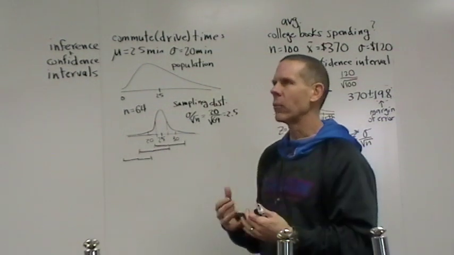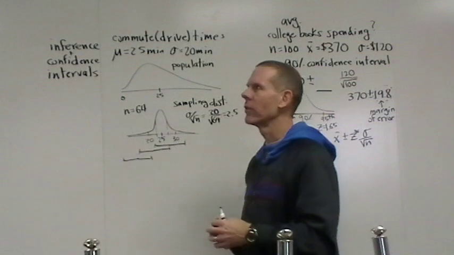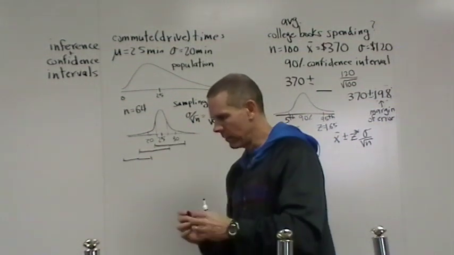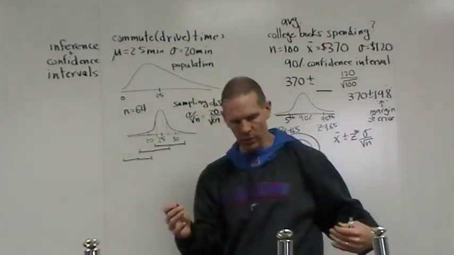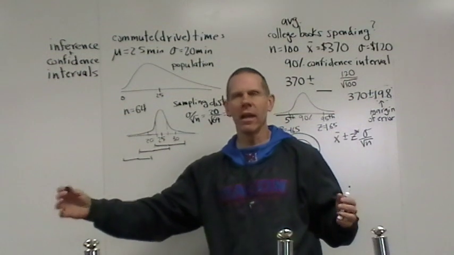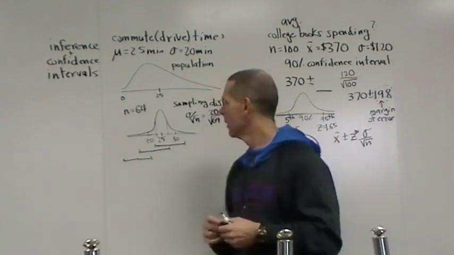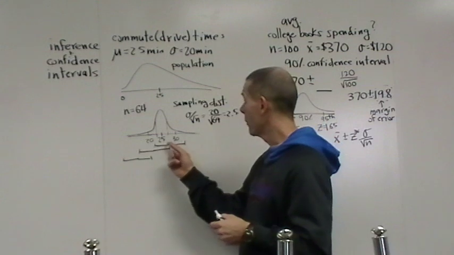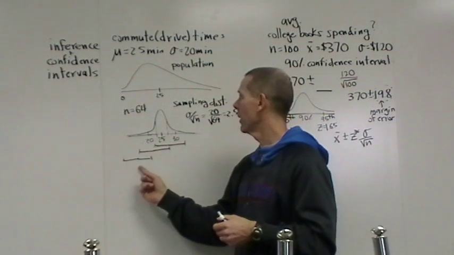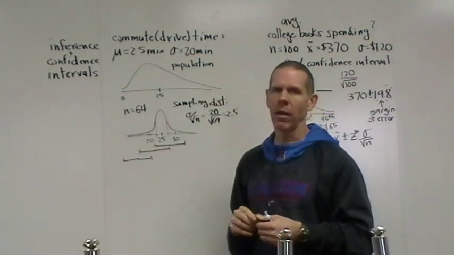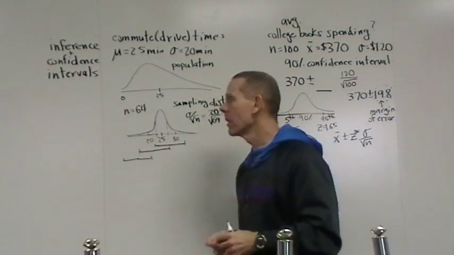So what we look at, if we go grab sample means, what we want to know is how often, when I extend this far one way and this far the other way, and sort of put down a net, so to speak, how often do I snare the true mean? And the answer is, if you go 2 standard deviations from your sample mean, that will happen 95% of the time. Let's take a look at another example.